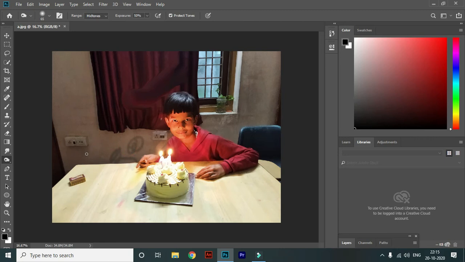Okay, now this is the sponge tool, which affects the saturation and contrast of an image. This is the sponge tool. This changes the saturation and contrast of the image like that. This one. Okay,